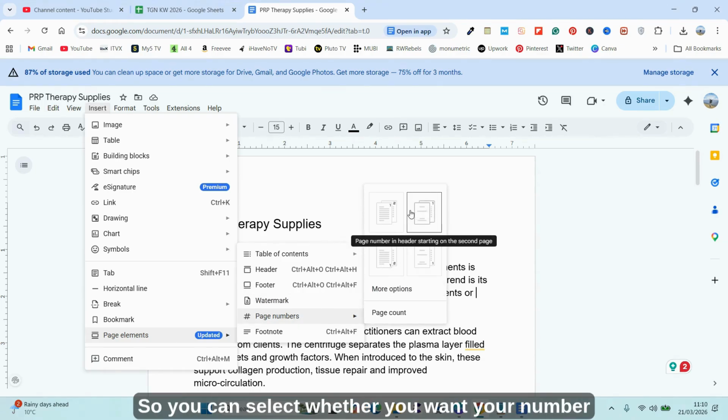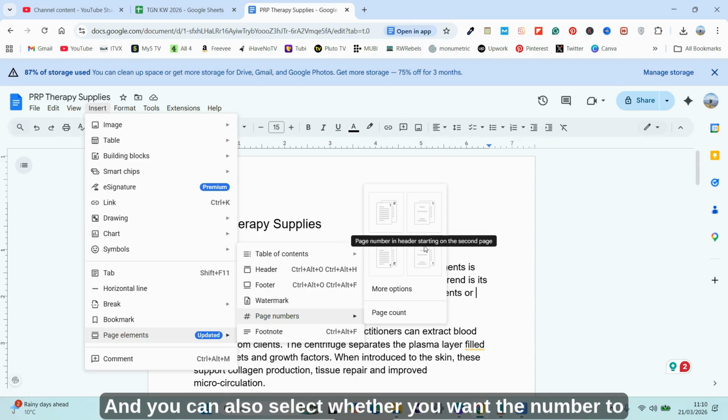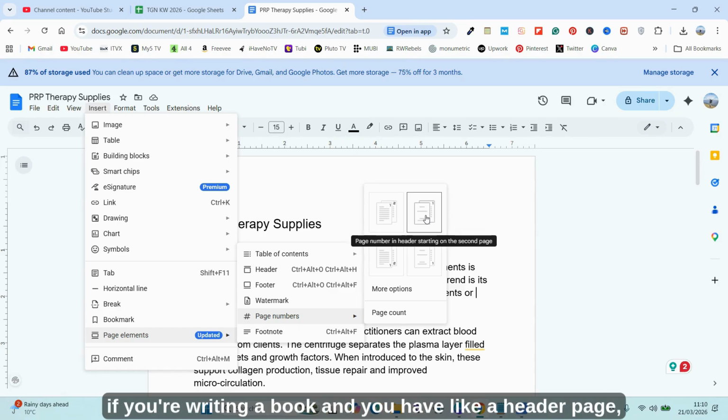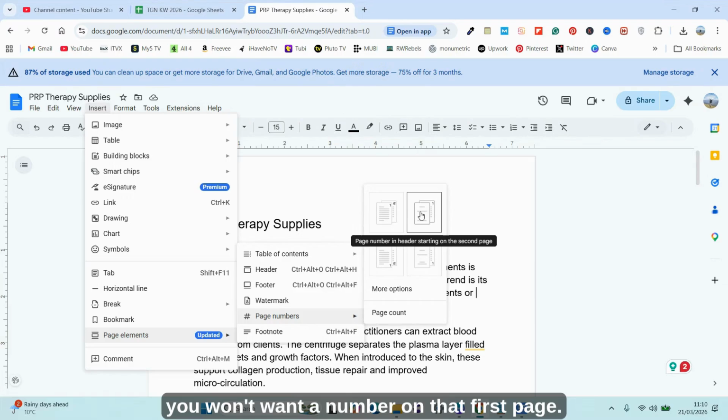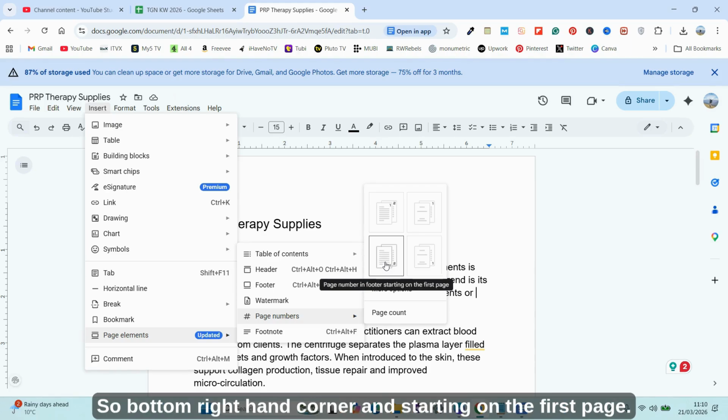So you can select whether you want your number to be in the top right hand corner, and you can also select whether you want the number to start on the second page or the first page. So for example, if you're writing a book and you have like a header page, you won't want a number on that first page, so you can choose that option. But for this tutorial, I'm going to choose this option, so bottom right hand corner and starting on the first